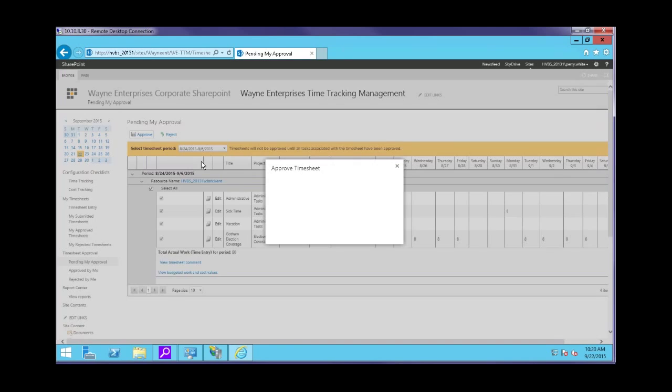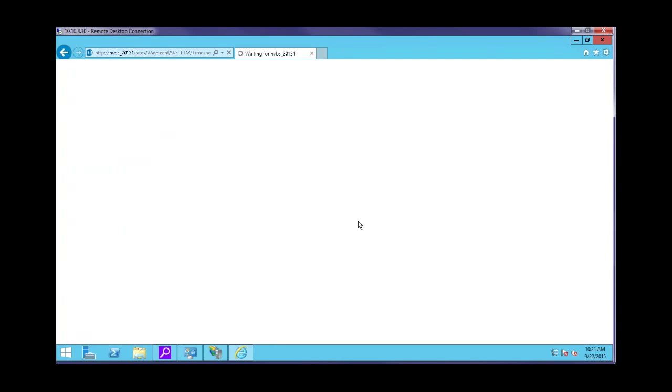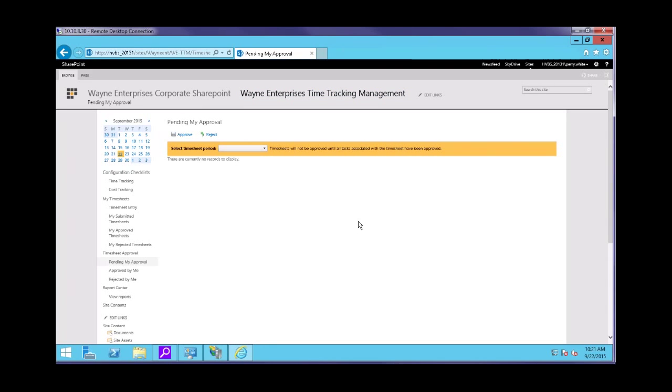What we're going to do is approve the timesheet. Again, the approver can leave some comments if they would like. I'll just say processed, saying that I acknowledge it, and I will press OK. The page will load for you, and there'll be no longer any records to display. So he is done with his responsibilities as an approver today. However, what we'll do